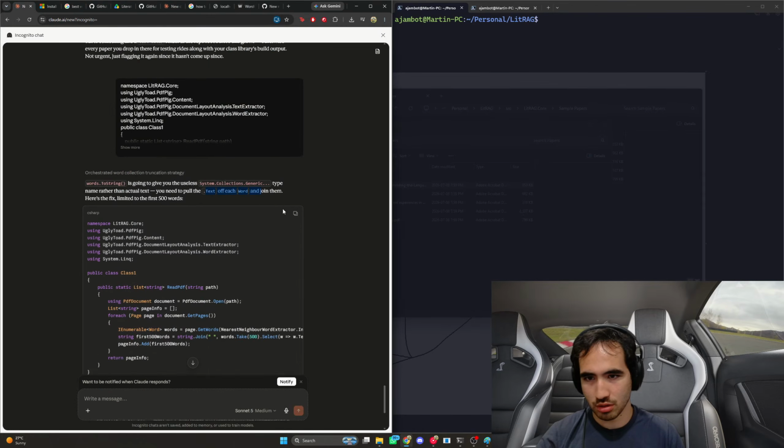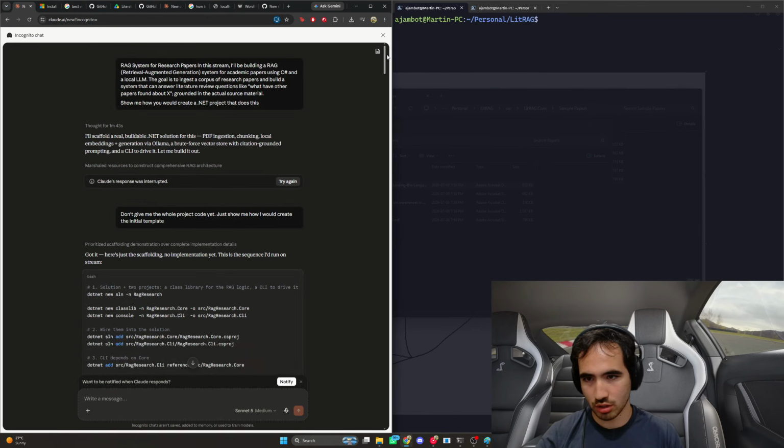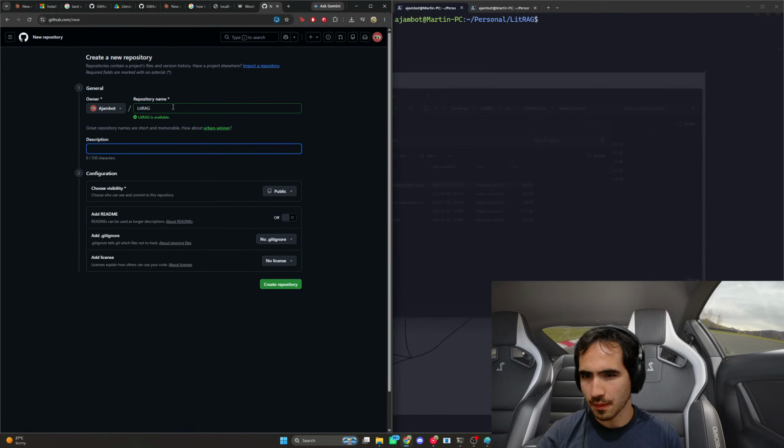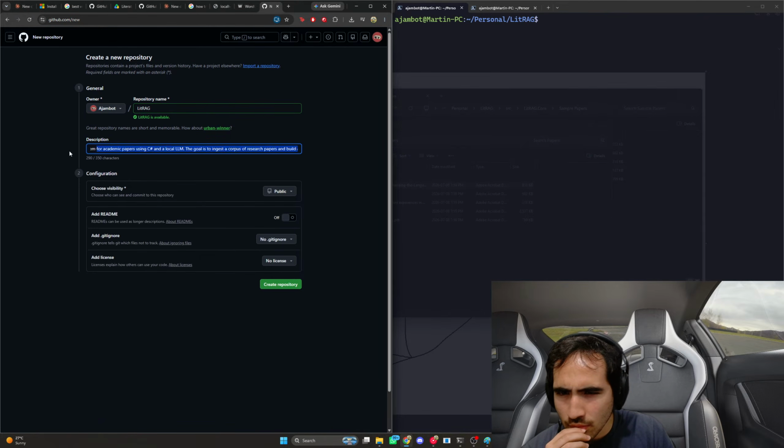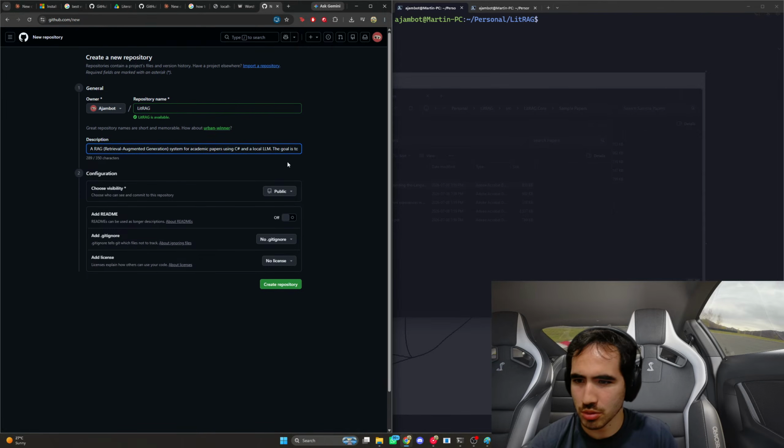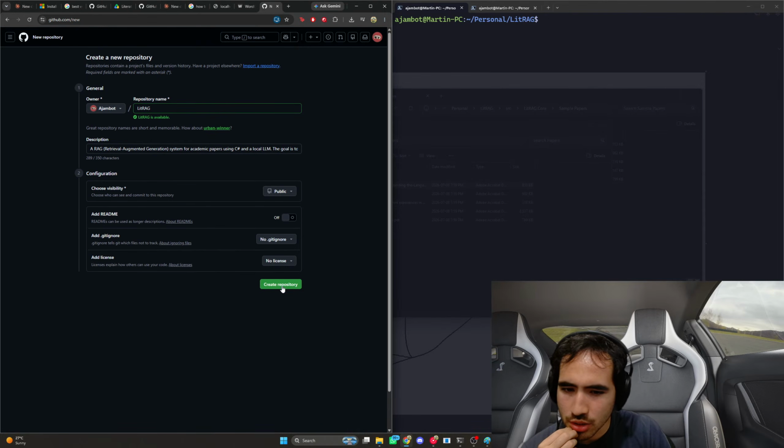And then I'm gonna copy the description that I gave Claude: a RAG system for academic papers in C Sharp and local. Okay, this is gonna be a description. Public, no gitignore.